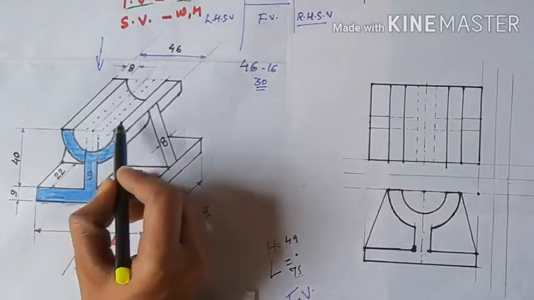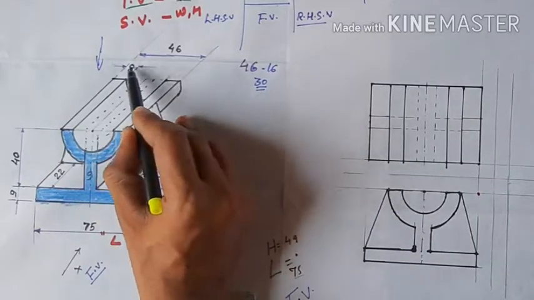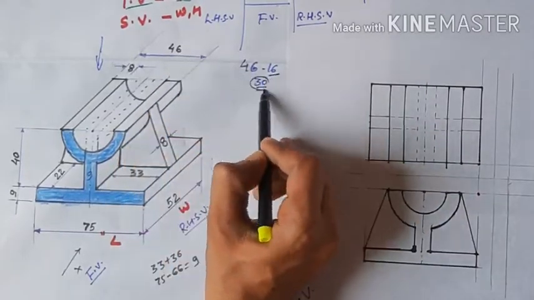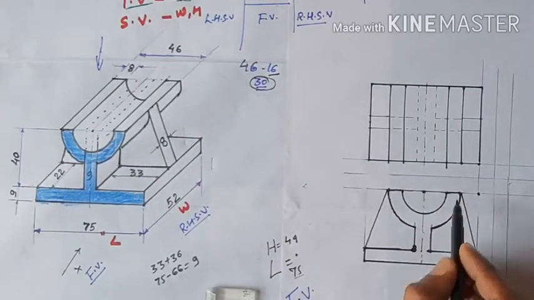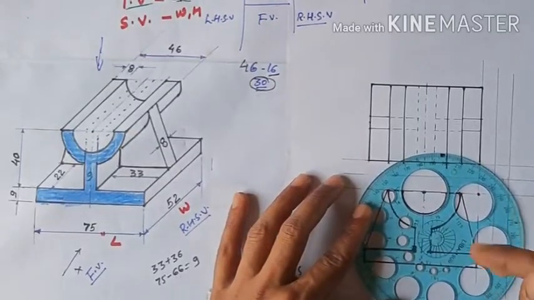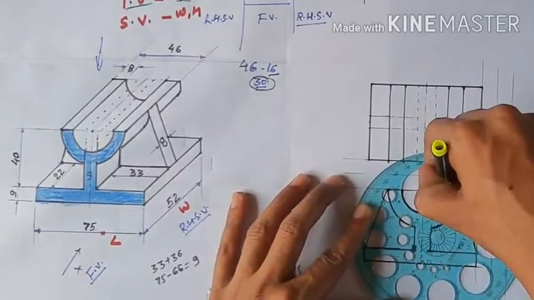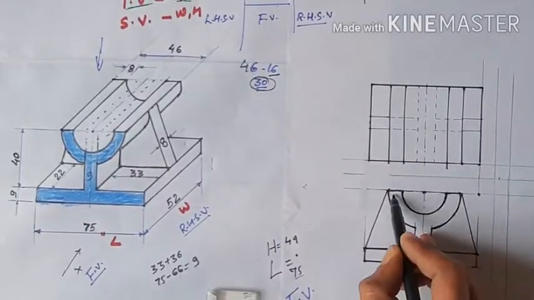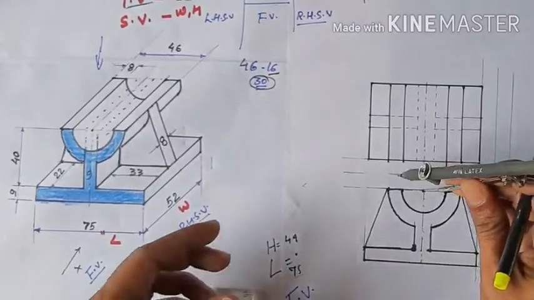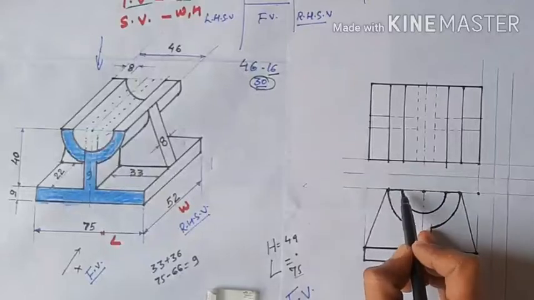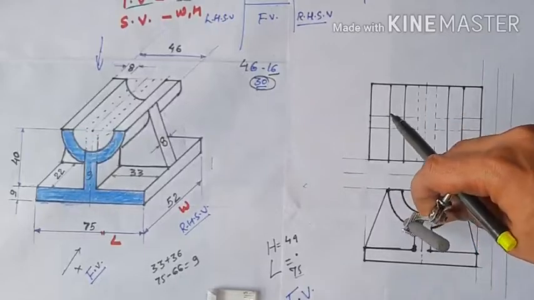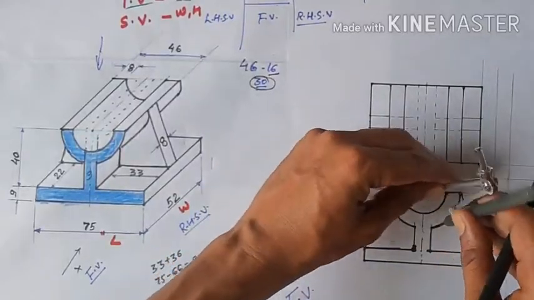Now what about this? This is your 8, this is your 8, okay, 8 and 8. So this is your 8 and the total is 46. So 46 minus 16 is 30. So from here we take 15 and 15 and make a hollow circle, a semicircle like this. Okay, like this. And now again take an arc and add 8 extra. From here like this, this is extra 8, so from here we add 8 here, and again from here we add 8 here, and now make it a line. Okay, again from here like this.